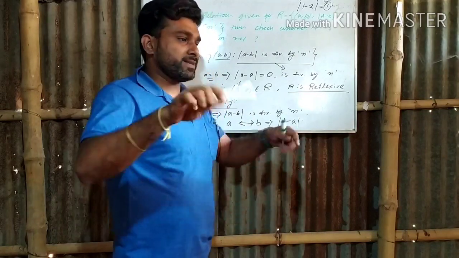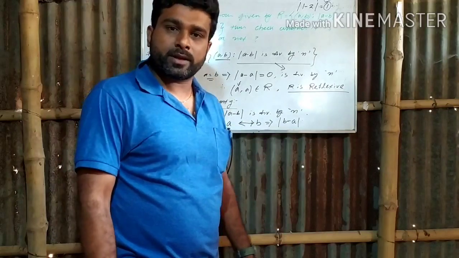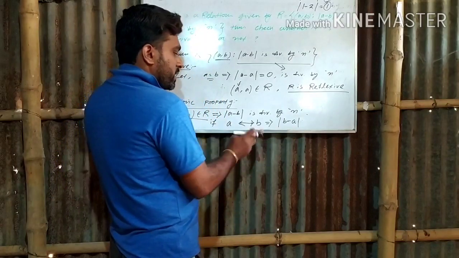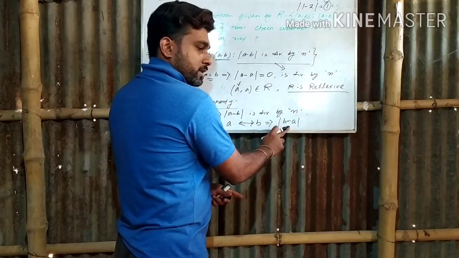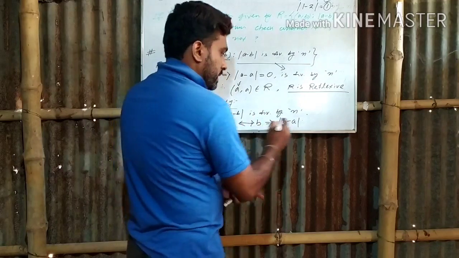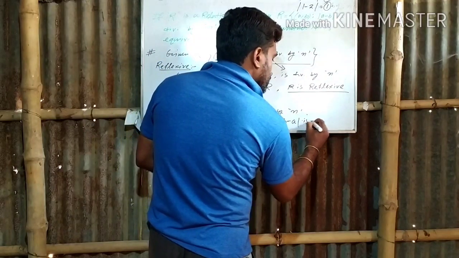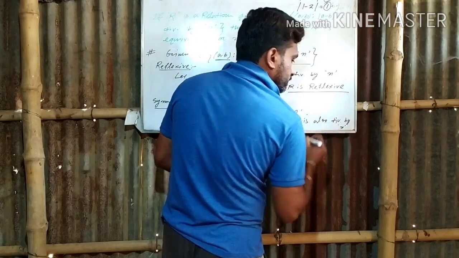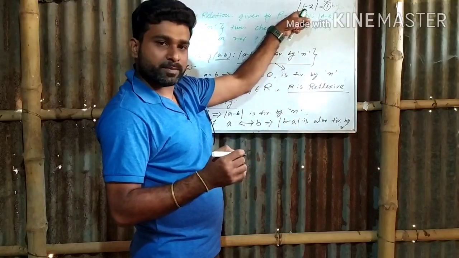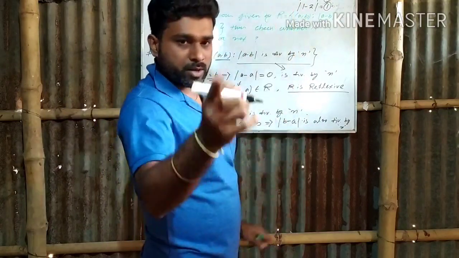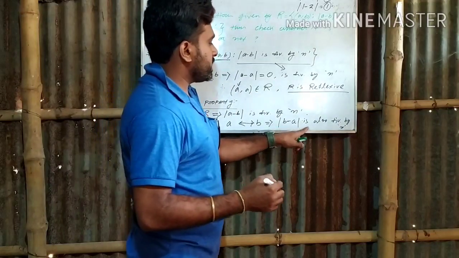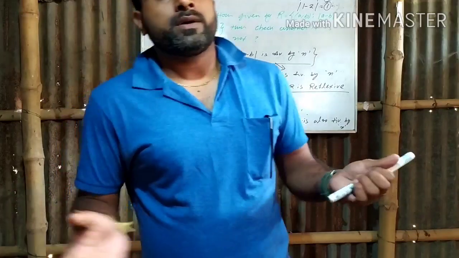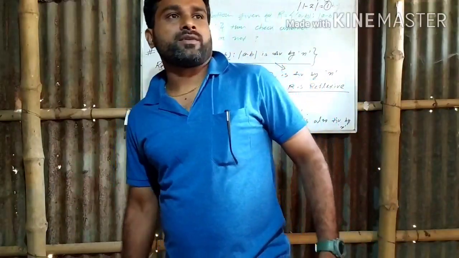So if the answer will not be changed, that means the relation can be constructed after interchanging their positions also. So here A and B, if you are interchanging their positions, the condition becomes mod of B minus A. So mod of B minus A is also divisible by N. And you can see these examples also. So you can write this example in your graph. So if this condition is satisfied, that means we can interchange the positions of A and B also.